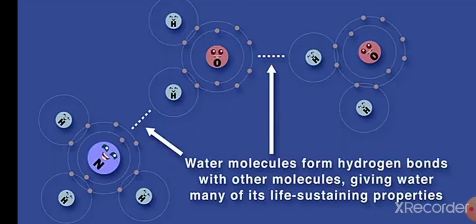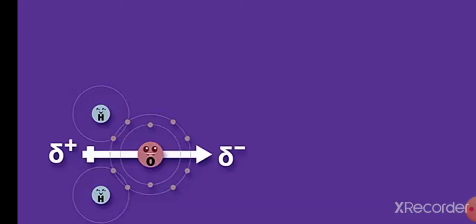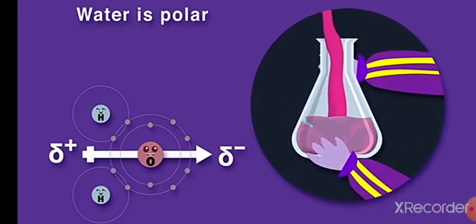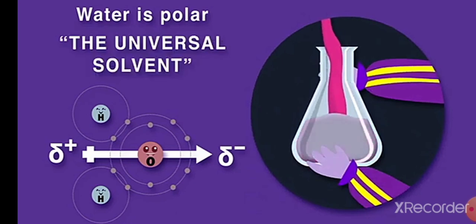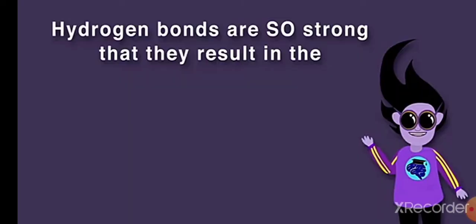For example, water molecules form hydrogen bonds with other molecules, giving water many of its life-sustaining properties. Note that water is a polar molecule, and it is known as the universal solvent because many covalent and ionic compounds can be dissolved in it. Hydrogen bonds